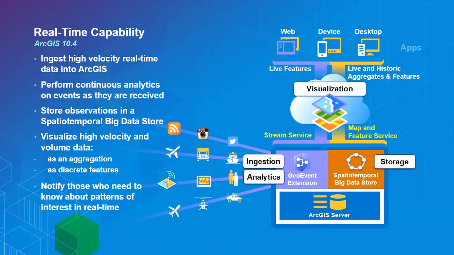So the real-time capabilities of ArcGIS really satisfy those three requirements I just highlighted and much more. It allows us to ingest high-volume, high-velocity data into ArcGIS from any number of data sources. That could include social media feeds, so RSS feeds, Instagram or Twitter, for example. We can connect to different in-vehicle GPS devices or GPS devices in vessels or trucks and collect and consume that information. We can also connect to sensors out in the environment that are continuously sending in data about CO2,